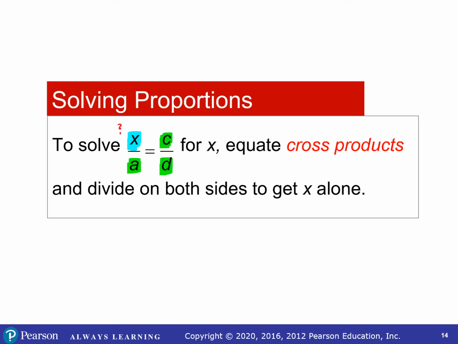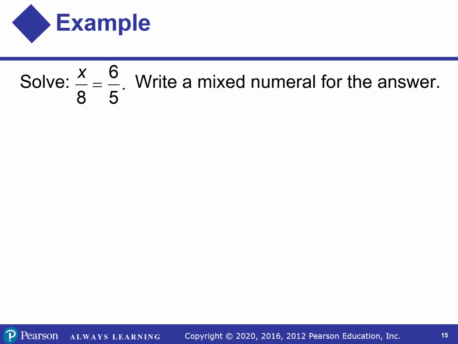And we do the same thing. We cross multiply. We calculate the cross products, and we then solve for X. And it turns out to always be a two-step process. So in this case, solve this proportion for X. Let me just rewrite it a little bit bigger down here. X over 8 is equal to 6 over 5. So if we wanted to solve for X,